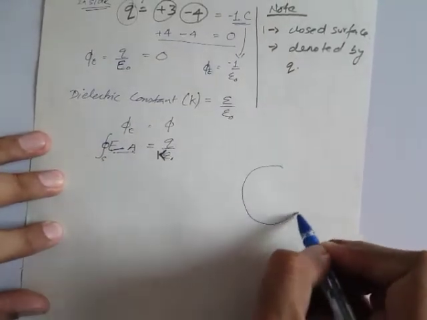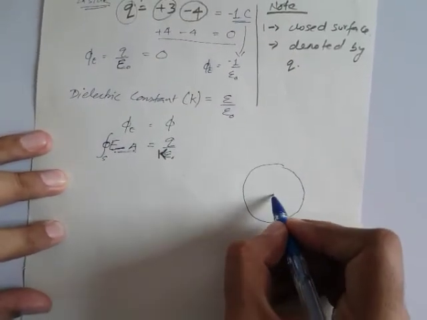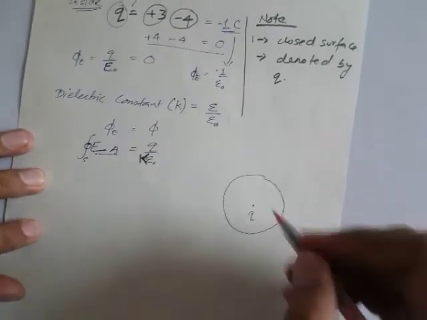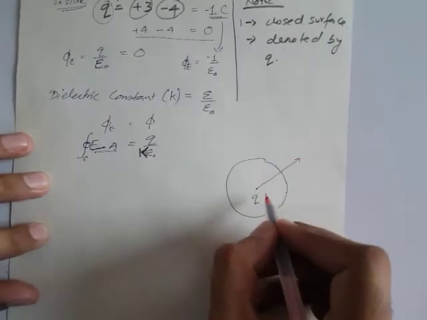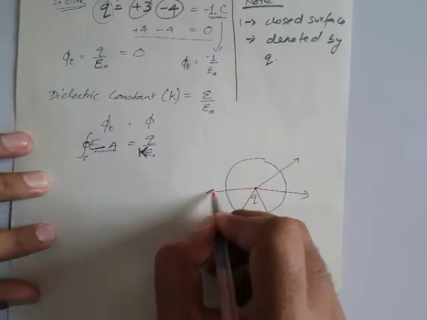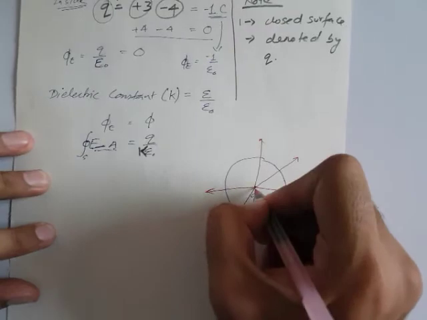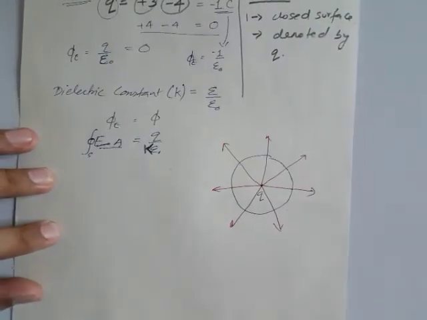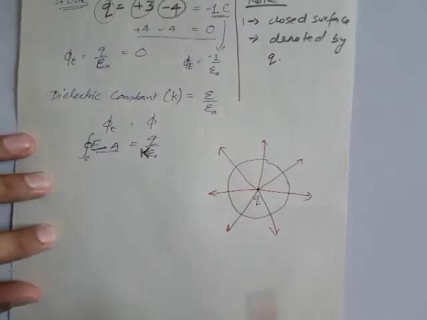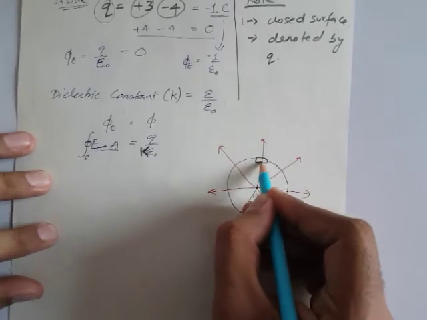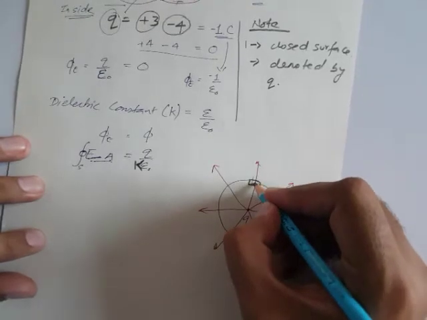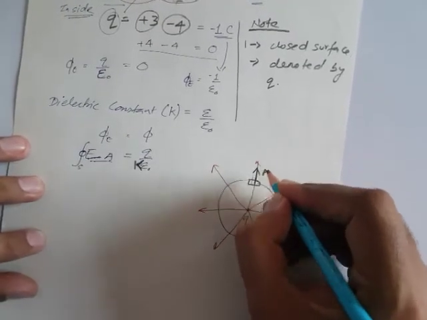See, if we consider a circle over here and we place a test charge Q over here, then the electric field lines are going radially outwards. So let's draw red lines. They are electric field lines moving outward in all directions. Now, as per the Gauss theorem, first of all, we considered flux. We need to take an area component anywhere on the closed surface. If the field lines are moving perpendicular to this, then the area vector is also moving in this direction.